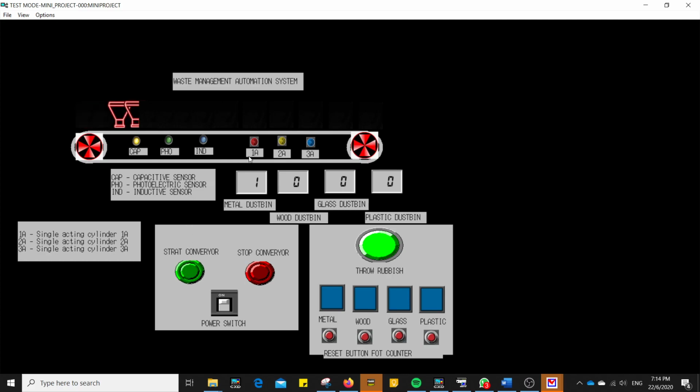At the 1A, the counter will count when the 1A is open. So we go to the wood simulation. For the wood waste material,